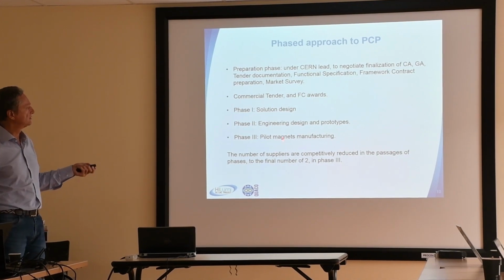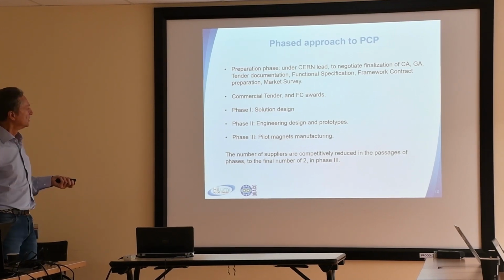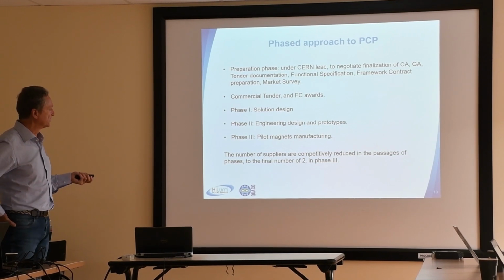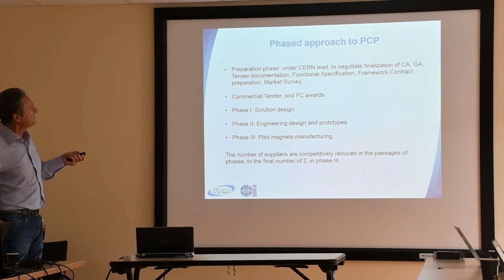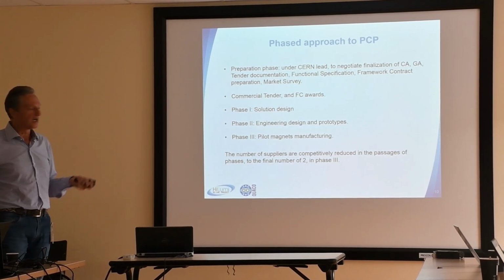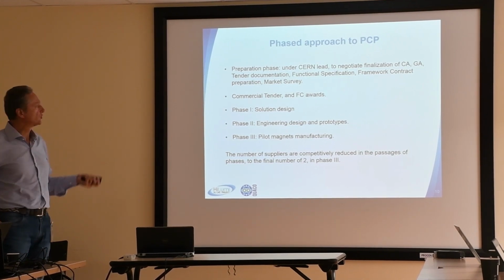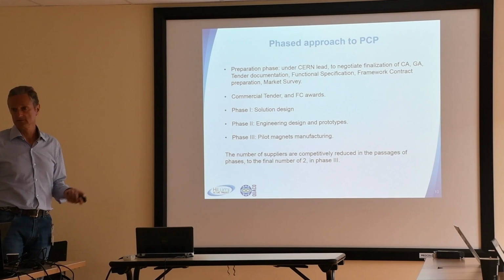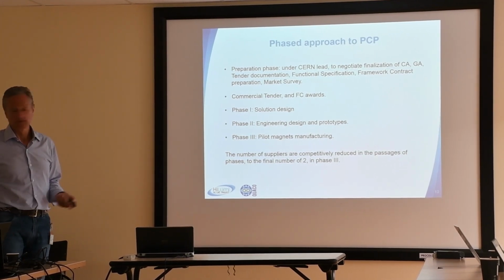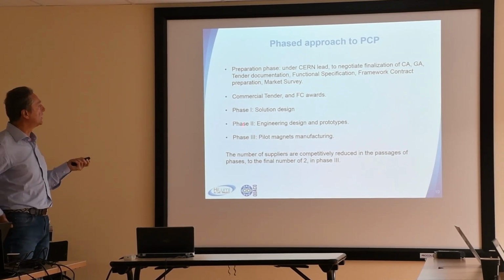Now forget about magnets. This can be applied for everything, for your mirror, or flat mirror, or for other components. So passing from one phase to another, the number of suppliers is reduced until at the end, in phase 3, you have only 2 suppliers. So you can start in phase 1 with 10. You can be in phase 2 with 4, but then you will have in phase 3 only 2, which means that you will have to run 3